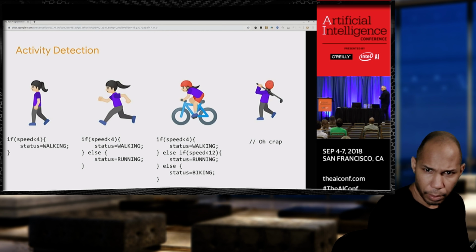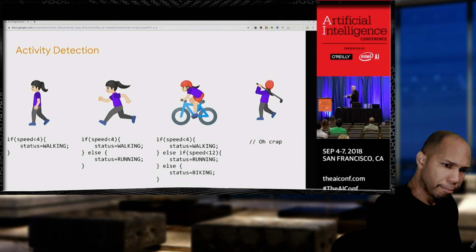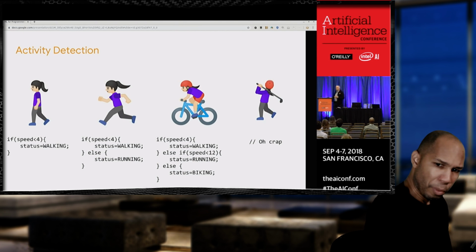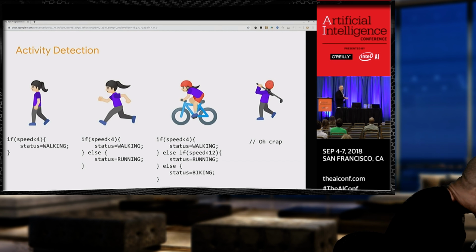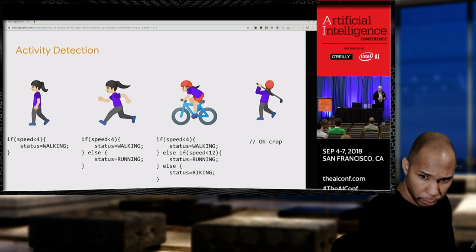So when I think about going back to the revolutions that I spoke about, for example, something like an Uber wouldn't have been possible before the mobile phone. Something like a Google wouldn't have been possible before the web. And something like my golf detector, it wouldn't be possible, or it would be extremely difficult, without machine learning. So what is machine learning?